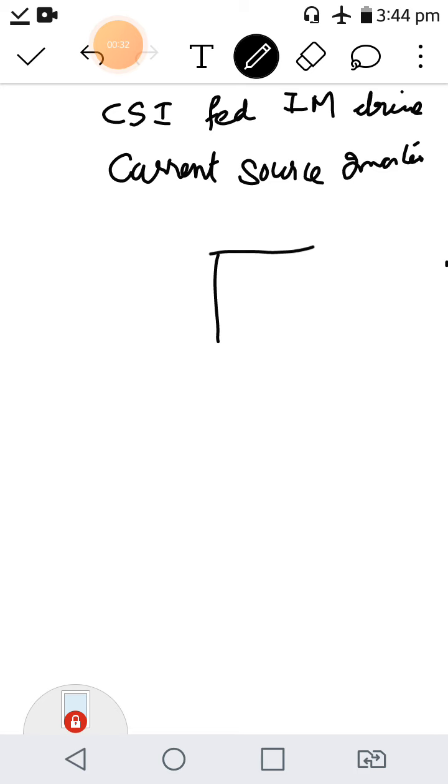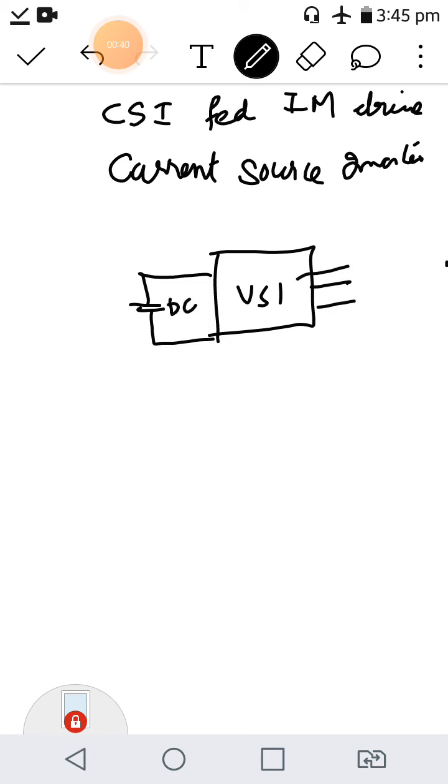In the case of VSI, you have an input DC voltage and at the output you are getting an AC. But in the case of a current source inverter, along with this DC, there should be a high value of inductor, and this inductor maintains the current through the DC link. The DC link current, this ID, is the key factor here.